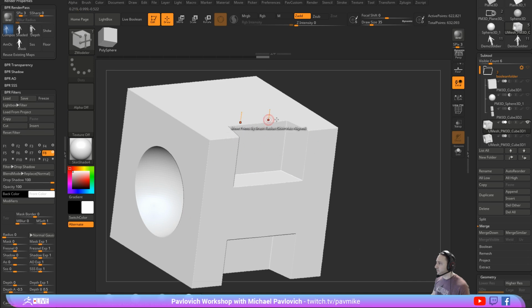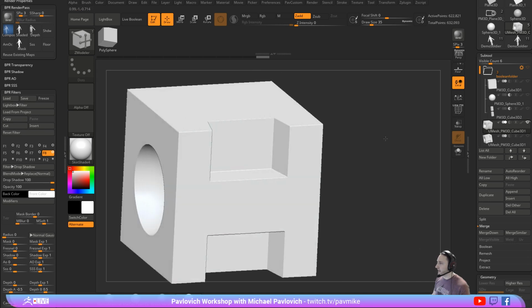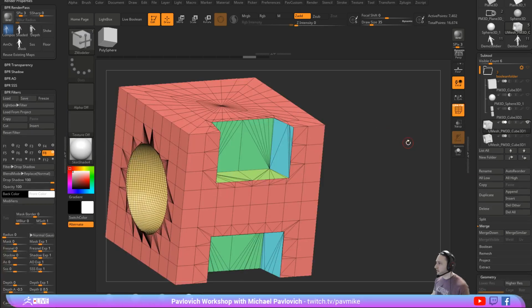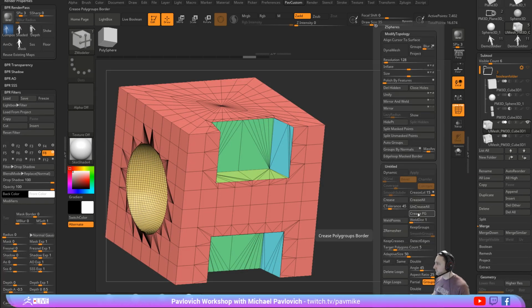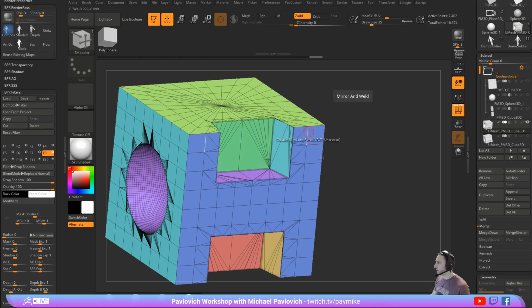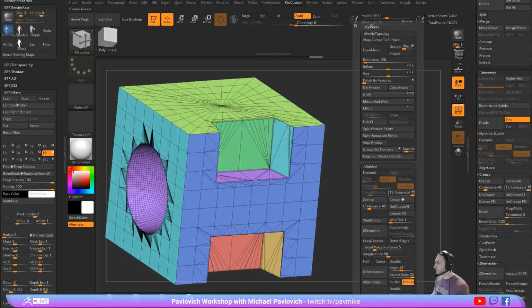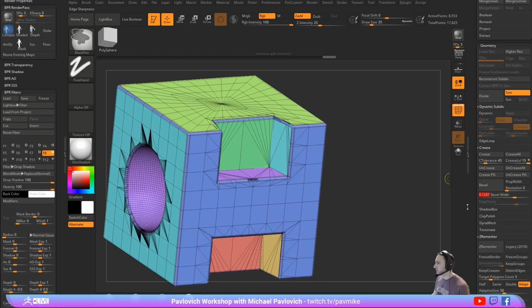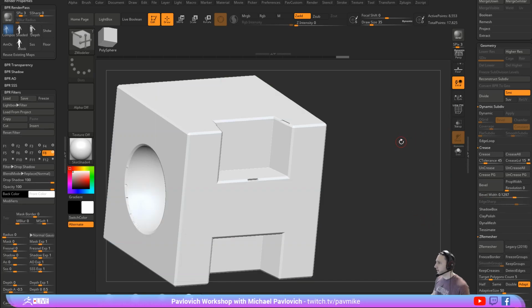But even this, you probably wouldn't want to bake something that sharp. You'd have some edges in there anyway. So in fact, what we could do, let's do a crease. Okay, we'll do a group by normals. We'll do a max angle down, and we'll do a mirror and weld, and then we'll do a crease PG, and then down here in our crease, we're going to hold down control, and we'll just add a little bit of a bevel in there. And then now that we have that,